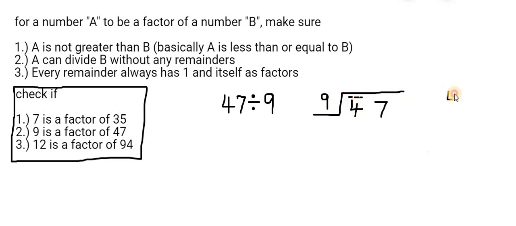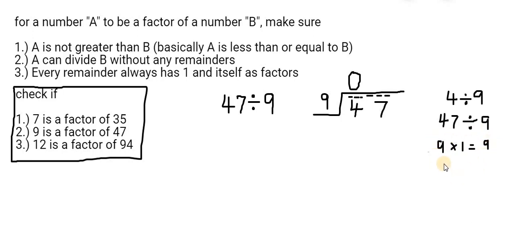Pick 4 first. 4 divided by 9. 9 is bigger than 4. That's not going to happen, so that's a 0. And we go for two numbers, 47 divided by 9. Now, we have to create the times table. Start at 9 times 1 equals 9. So if you keep going,